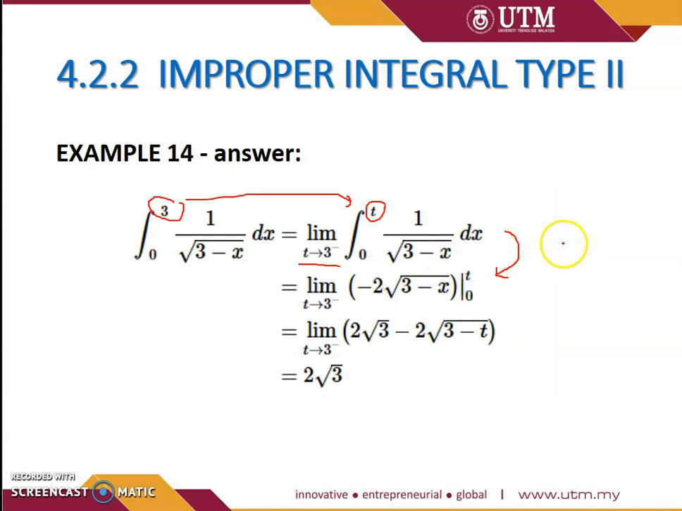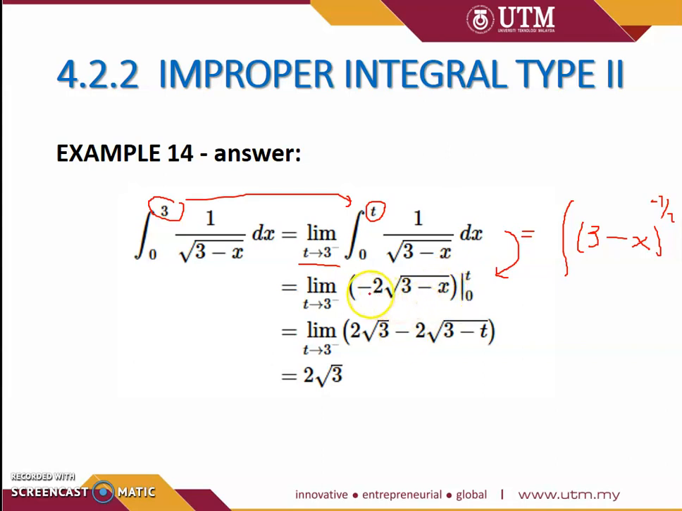So how do we get this? Basically, we need to integrate 3 minus x to the power of negative half. So we need to integrate this one, and we will obtain negative 2 square root of 3 minus x, from 0 to 2 with this limit. So now we just substitute